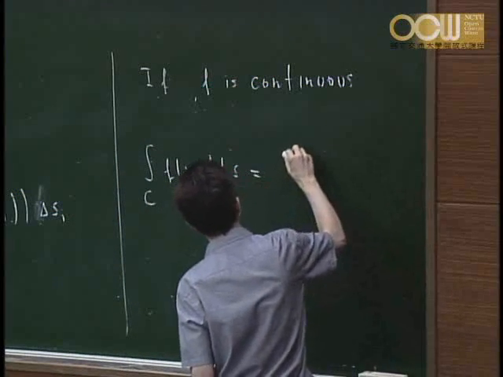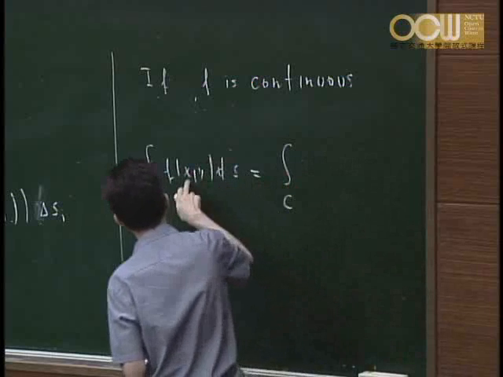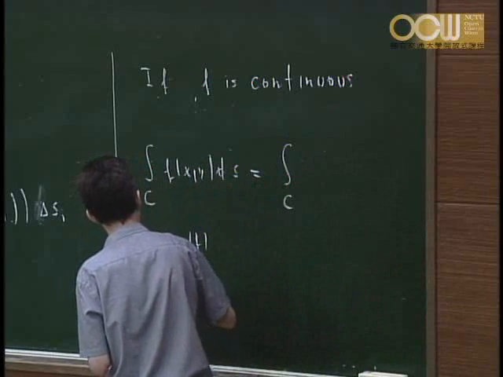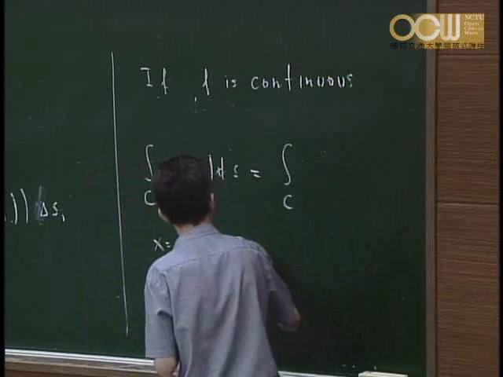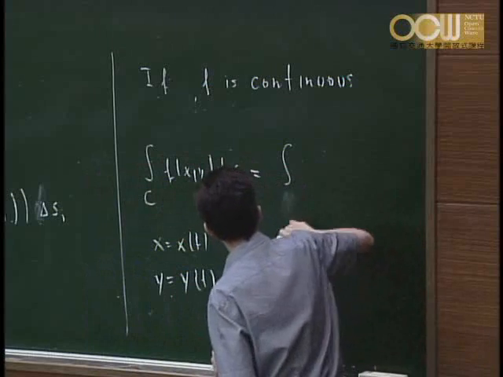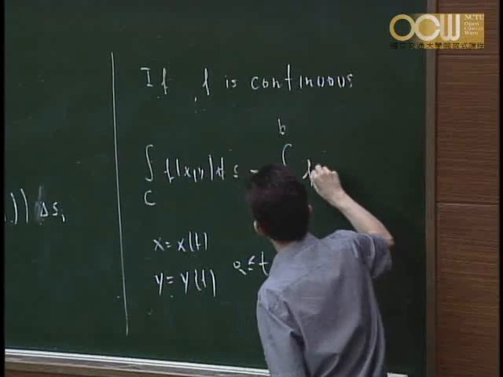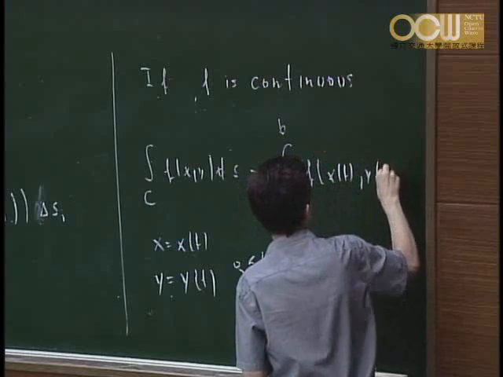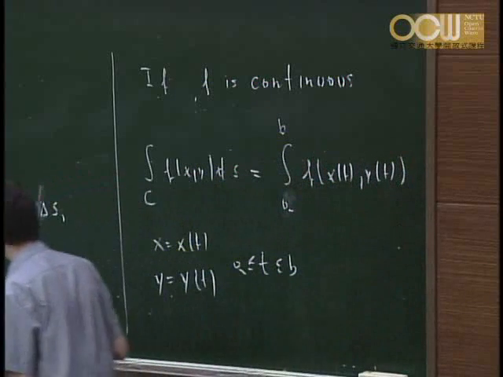Namely, you just think about, okay, so you replace x by x of t, y is equal to y of t. So this describes the curve C. So what you do is you integrate from a to b, you plug this in, f of x of t, y of t. And we remember that ds